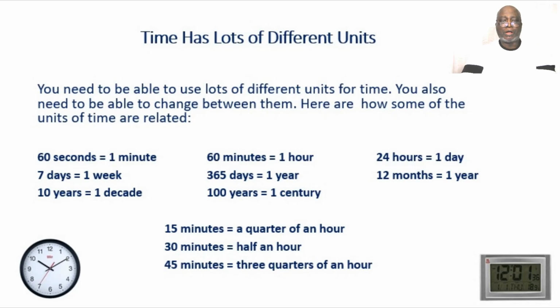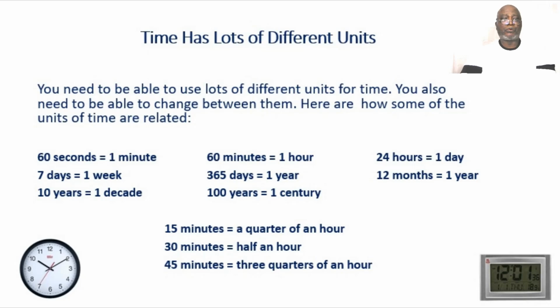At the bottom of the screen you'll see further tables about time. 15 minutes is a quarter of an hour, 30 minutes is half an hour, and 45 minutes is 3/4 of an hour. Those measurements measure the face of the clock in terms of an hour. Okay, let's go further